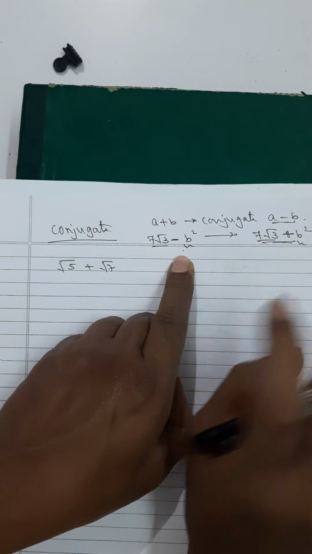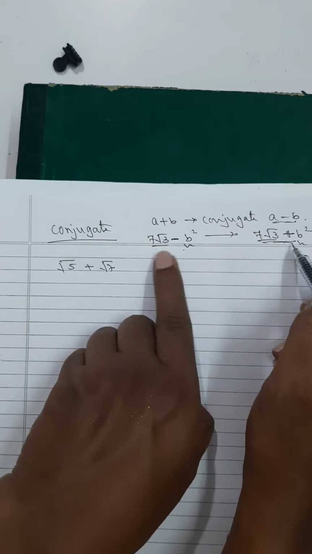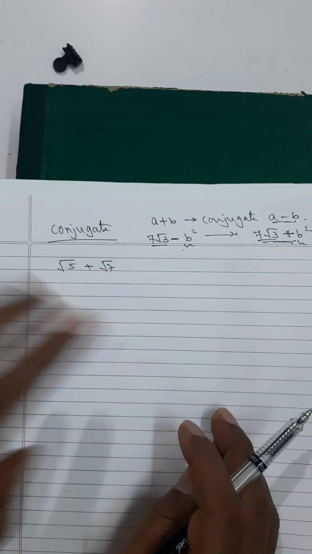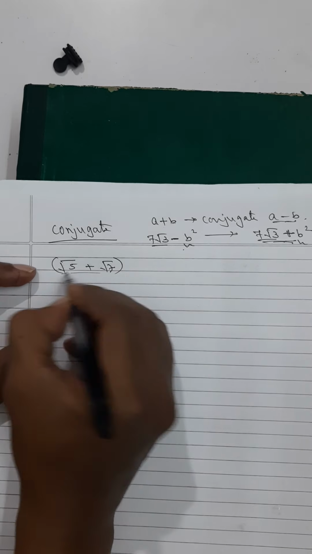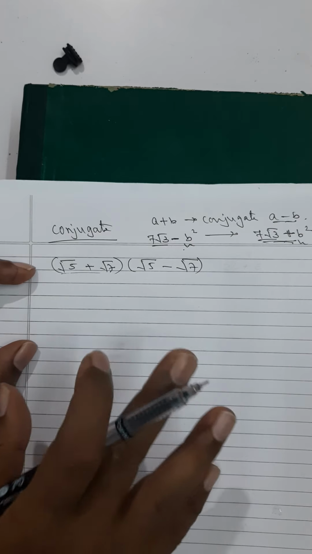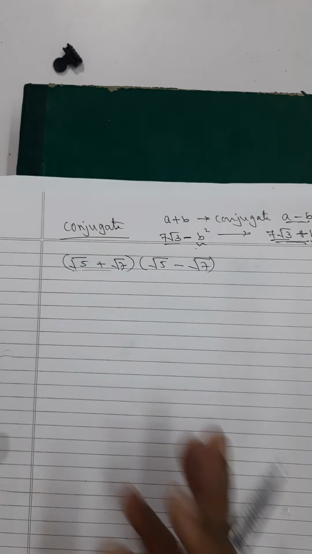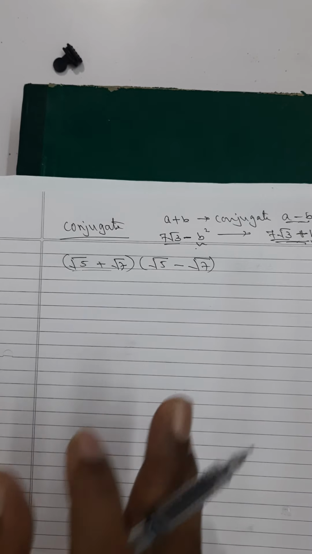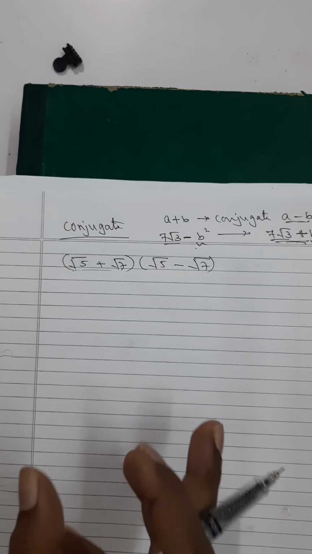Try to understand, they both are definitely not equal, but what I am doing is discovering a conjugate. This number is the conjugate of this. So you have to do what? This is the number root 5 plus root 7. I have to multiply this with its conjugate. Remember, this I am just explaining to you. You can't do this directly in maths. One expression is there and suddenly you bring a conjugate and multiply it. No, it never happens in maths like this. I am just telling you what happens when you multiply an expression with a conjugate.